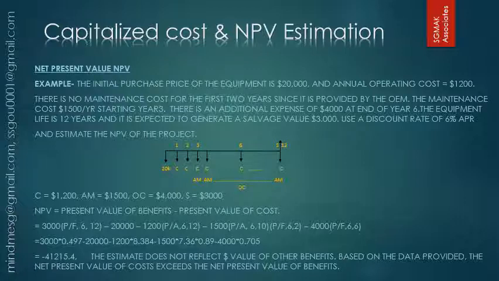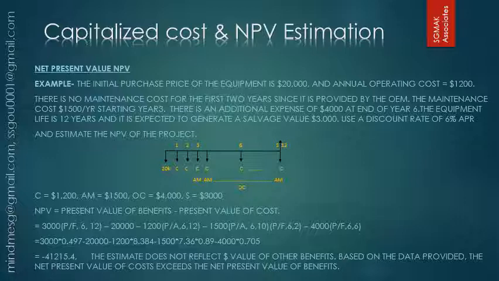So net present value is simply net present value of all benefits minus net present value of all costs. So salvage value, we brought from future to present. $20,000 initial cost is right now. Then you convert annual maintenance, annual operating cost to present, and then you got annual maintenance cost. Look at the factor, starts from year 3. So what you have done here,